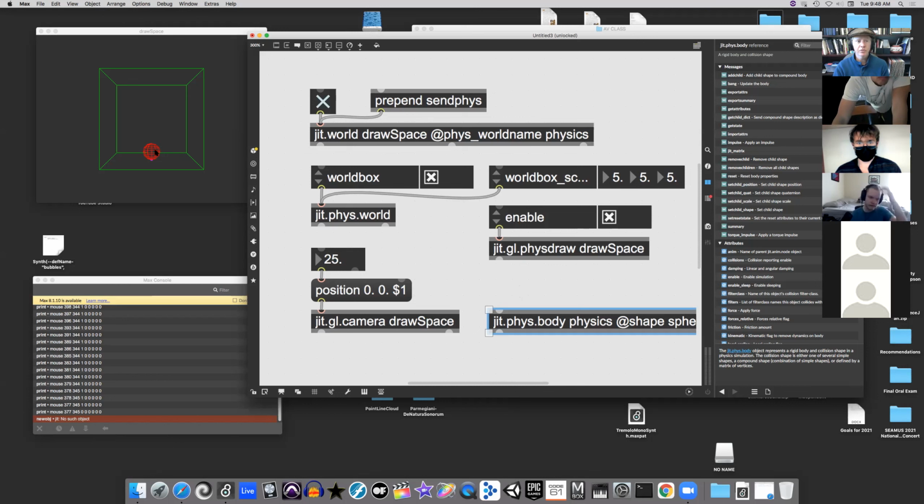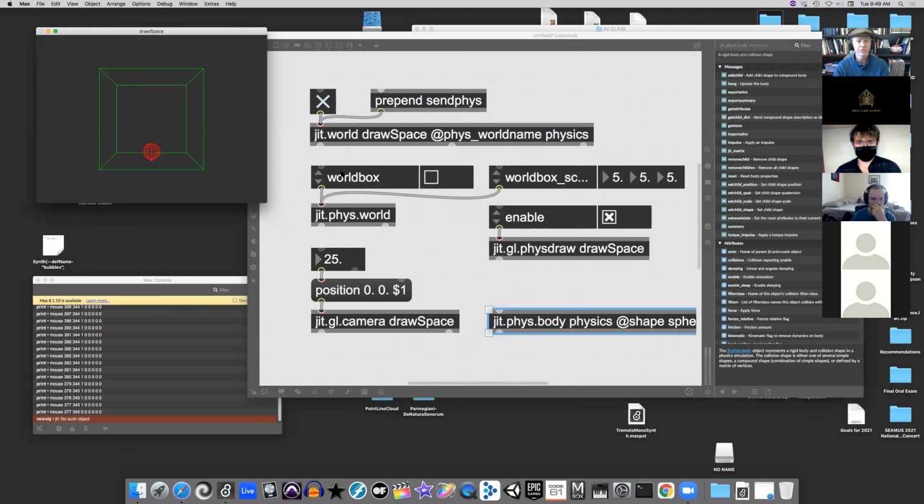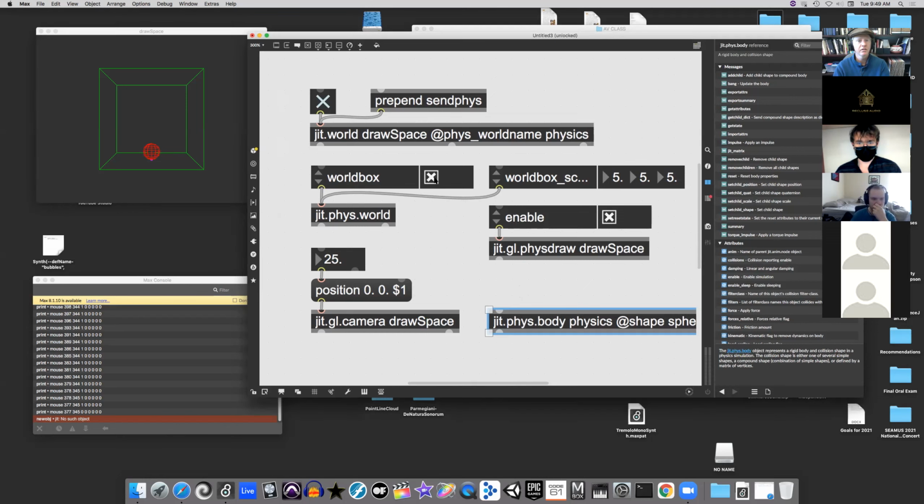All right, so there the thing is, right? If I turned off the drawing, we still wouldn't see it. So remember, that's not a drawn object necessarily, it's just a physical object. If I turned off the world box, I thought it would fall straight through the floor, but I guess it didn't. I guess that was nice. And,